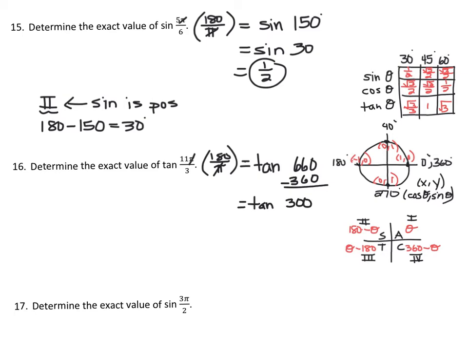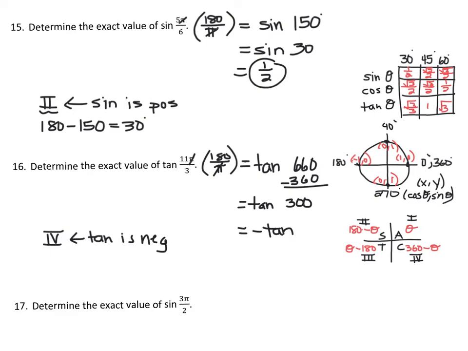Okay, so 300, we know, is in between 270 and 360, so that puts us in the fourth quadrant, where tan is not positive, right? Cosine's what's positive there. So we're in the fourth quadrant, do my work off to the side, and tan is negative. So right after I finish writing that, I'm going to rewrite this as negative tan,